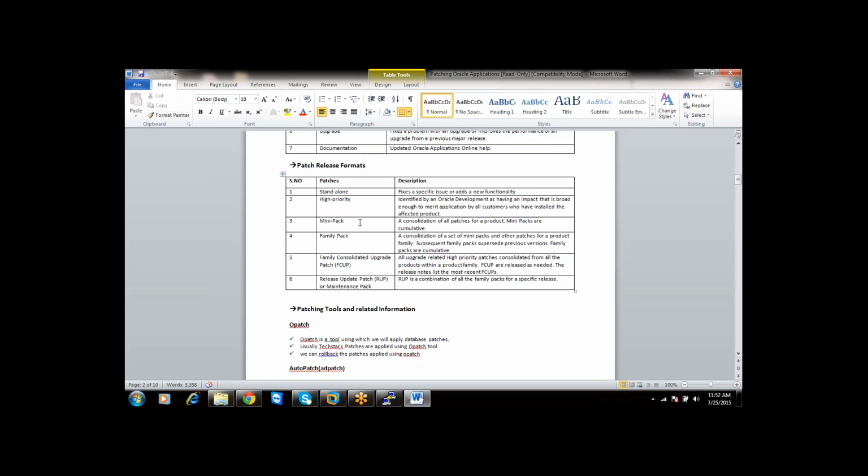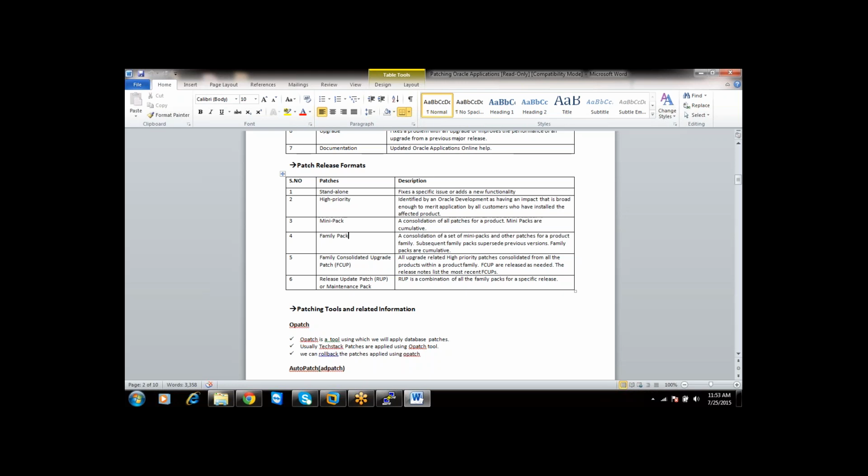If one customer faces many issues related to the AP product, instead of giving individual patches to the customer, Oracle will consolidate all the one-off patches related to one product and release them as a mini pack. So a mini pack is a collection of one-off patches, multiple one-off patches related to one product.